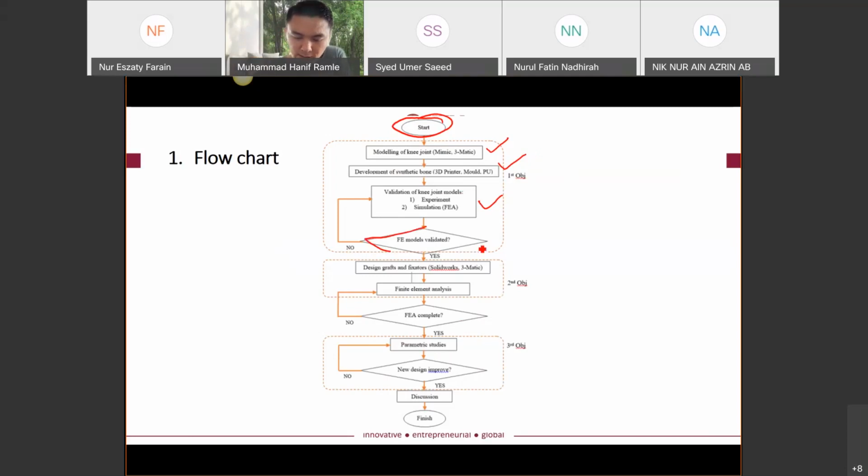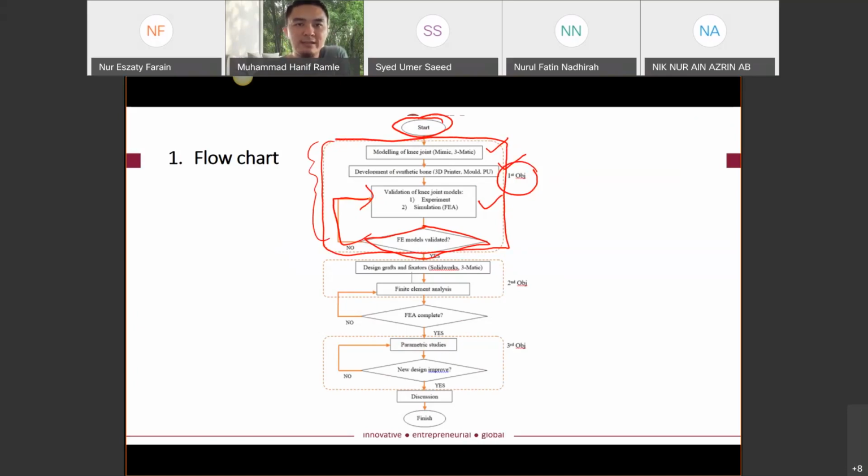And then decision making: is your method correct? Is the method enough for the next flow? If no, then you have to repeat again until you get the desired decision. Normally I will ask my student to highlight the objective in the flow chart. So the first objective, maybe we are covering this flow. Is it in line with the objective that we set earlier?